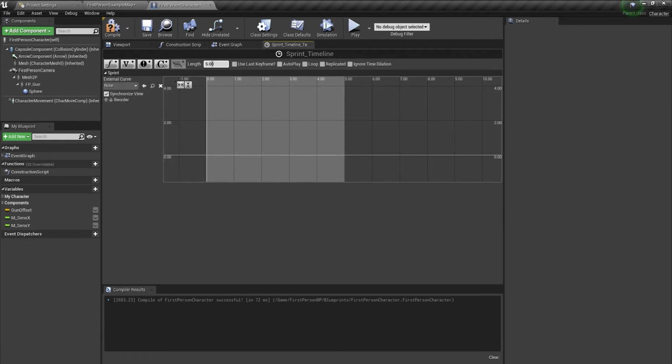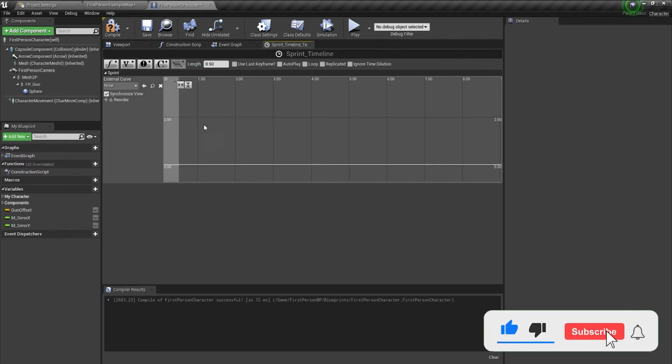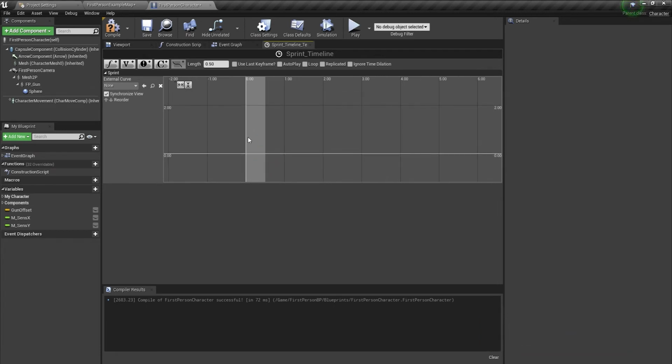First of all, this is the length of the frame. I convert the length to 0.5, and zoom in, and now I'm going to place a keyframe. Hold down shift, press the left mouse key, and do it again. Now select the first frame.